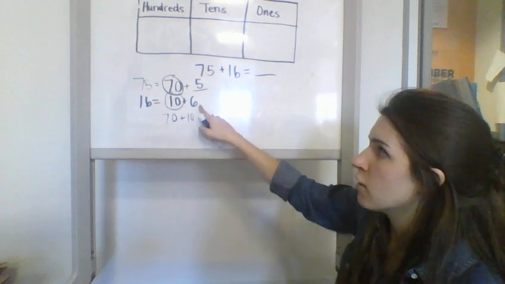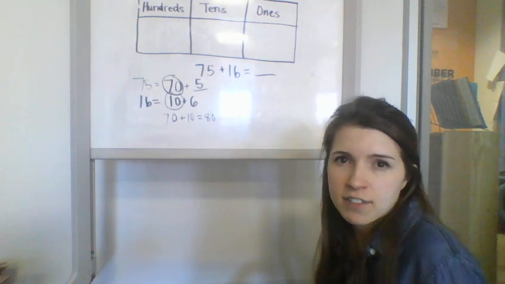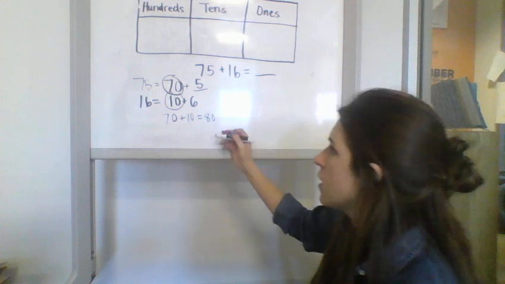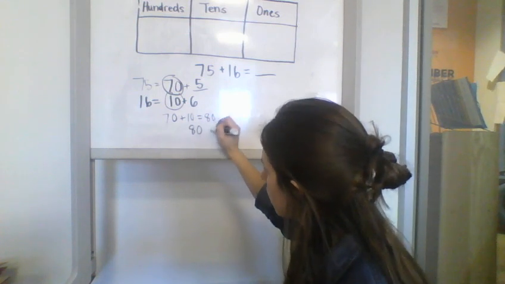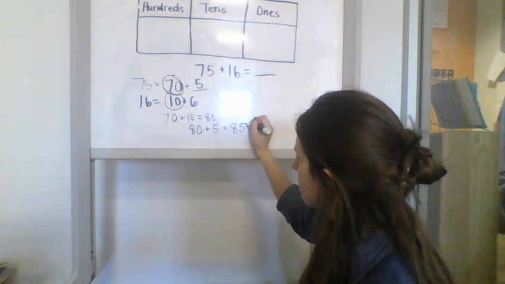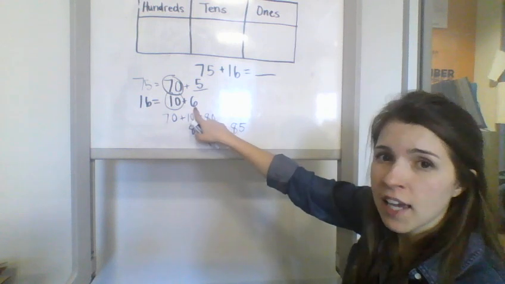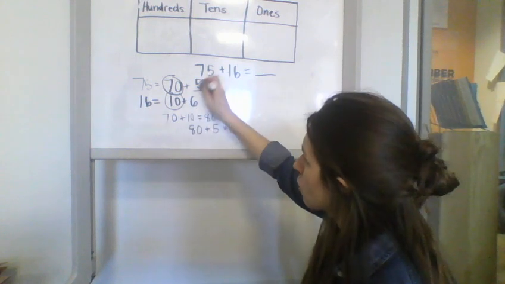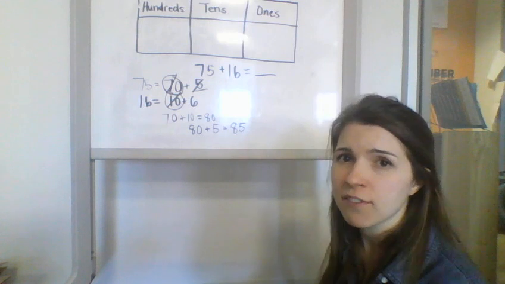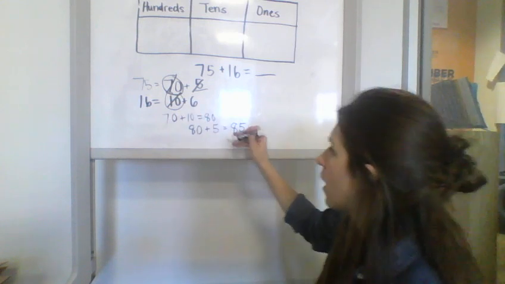Now we're going to add the 5 and the 6. I'm going to add the 5 first because I like counting by 5s and adding on by 5s. So 80 plus 5 equals 85. 80 plus 5 equals 85. But we still have to add the 6. You could cross these numbers out as you're adding if that helps you. So now we still need to add the 6. So 85